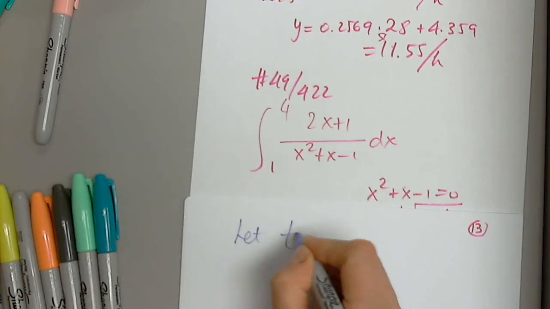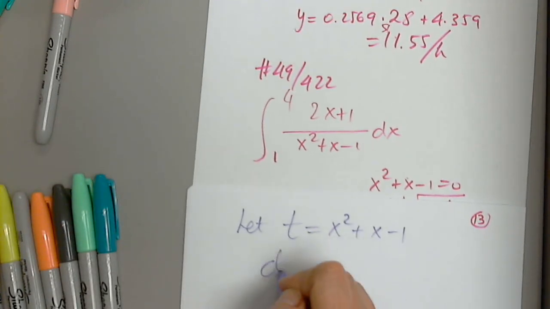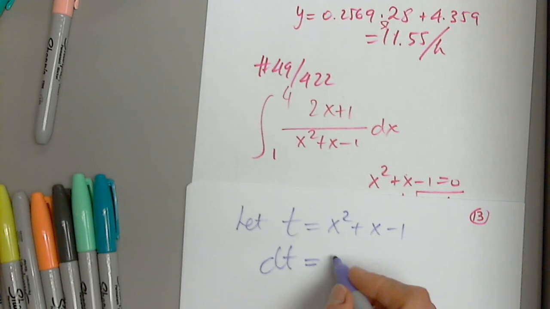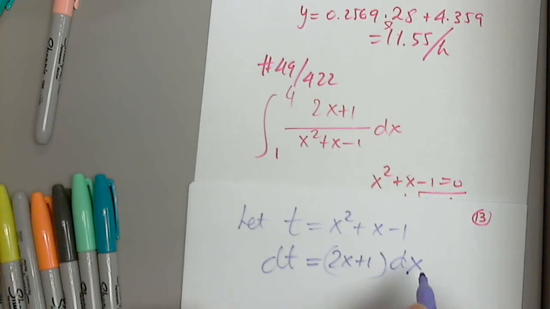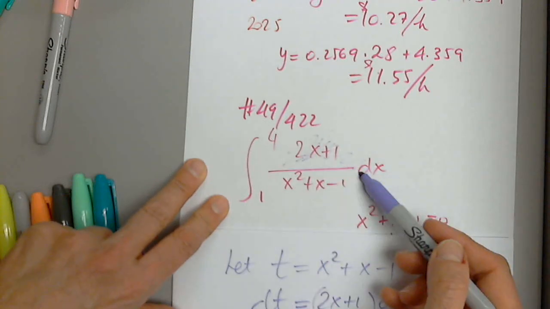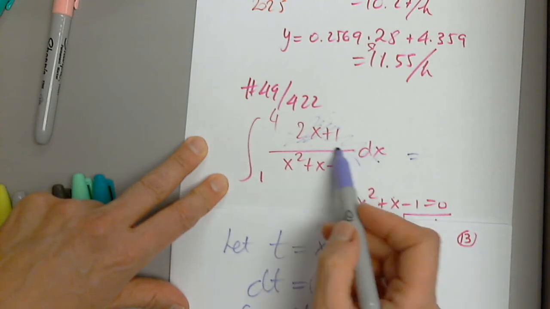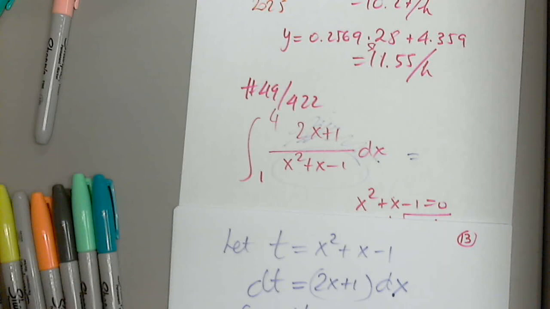Exactly. Let t be x squared plus x minus 1, assuming that dt is in the problem. Because if it isn't, then I'm on the wrong track. Is dt in the problem? Well, once we calculate what it is, it's 2x plus 1 dx. Exactly. So this whole piece is changed into what? Exactly. And this whole piece is changed into exactly. Don't rush. However, why? We cannot keep the same